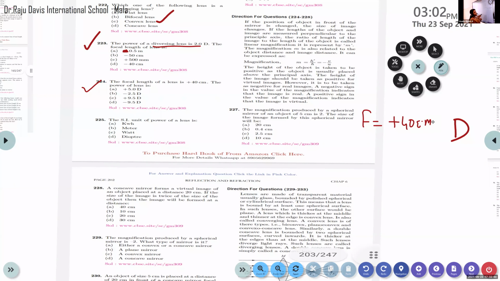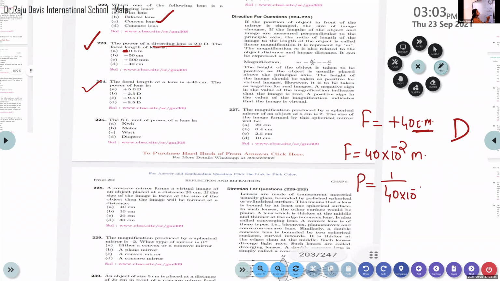But here, one thing you must note: the focal length is given in centimeter. We need to convert it into meter. That is, focal length F is equal to 40 into 10 raised to minus 2 meter. In order to calculate the power of a lens, if the focal length is given in centimeter, you must convert it into meter. Then only you get the exact answer. That is 0.4 meter. So the power of the lens P is equal to 1 by 40 into 10